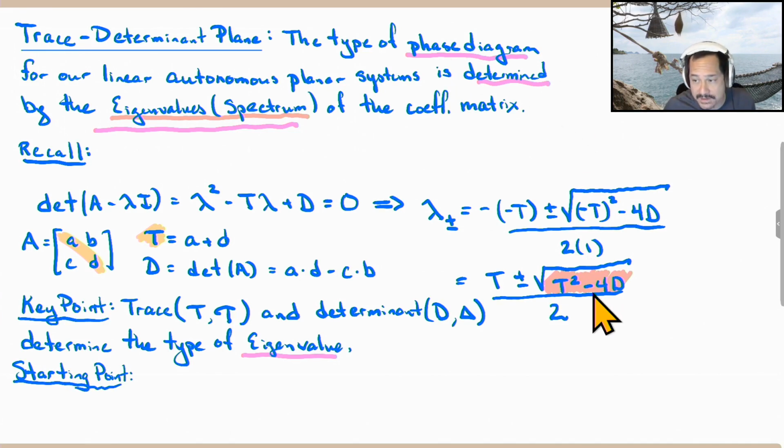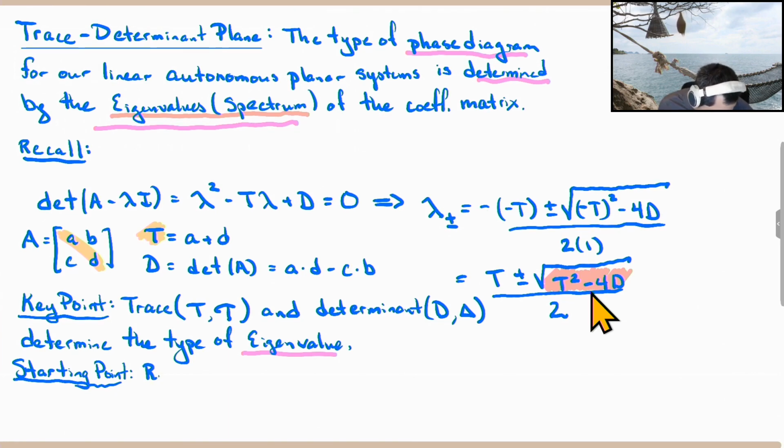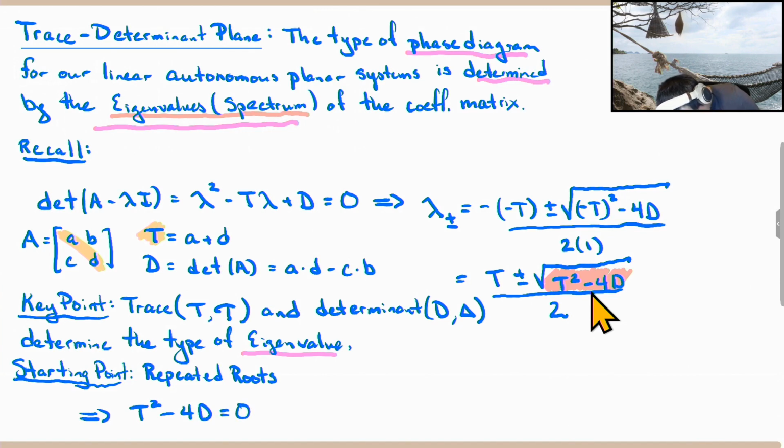If the discriminant's going to tell us what's going on, then maybe I should think about the simplest thing I can do to that discriminant, and I'm going to set that discriminant equal to 0. So let's set that discriminant equal to 0 to start talking about repeated roots. If I'm going to start talking about repeated roots, what am I going to say? I'm going to say that t squared minus 4 times d is equal to 0, because that is the discriminant